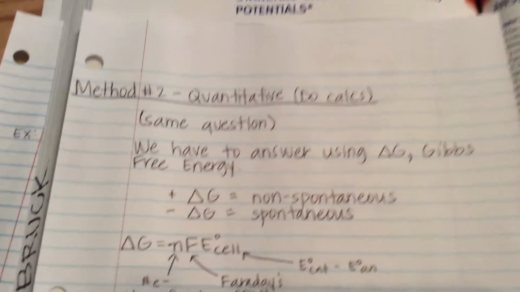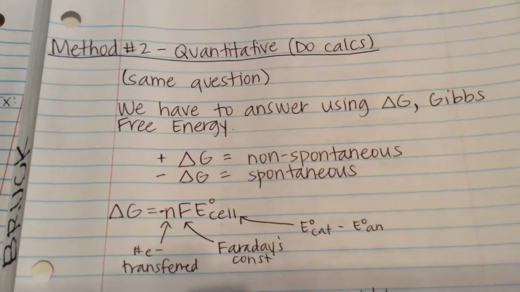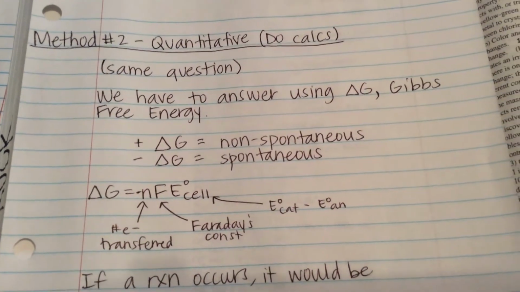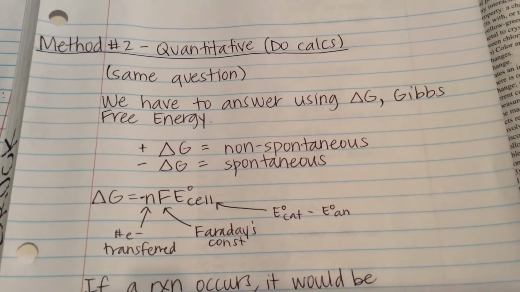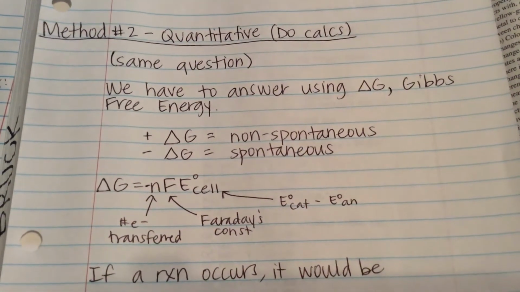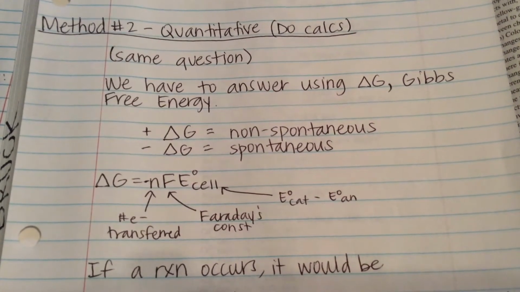So same question. You have a piece of magnesium metal. You place it into a solution containing Ag+. Is anything going to happen? So we have to answer it quantitatively by doing some calculations. We're going to calculate Gibbs free energy. And technically we could answer this just by calculating E cell, but let's go ahead and take it all the way,